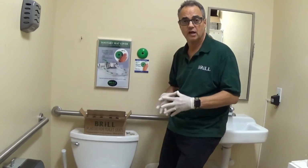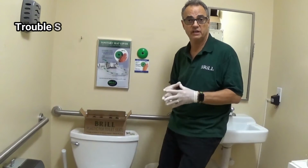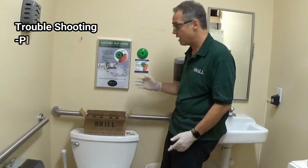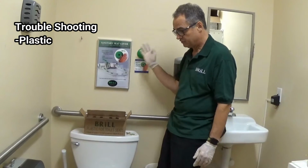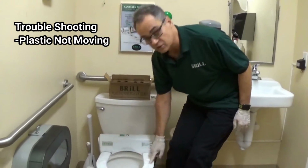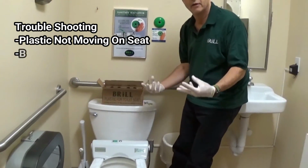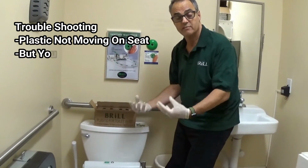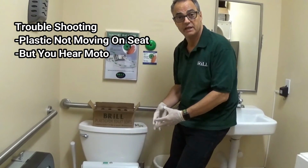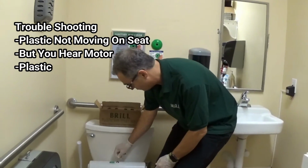During the course of using the Brill seats, you may come across a seat that may appear not to be working properly. When I say not working properly, you'll go like this on the wall, or you'll press the button, you hear the motor, but you don't see the plastic running around. Okay? Basically what that means is that somehow the plastic has been broken. Someone may have been sitting on the seat as it was going around and didn't wait for the plastic to stop. So rather than call the maintenance department, we're going to open up the top